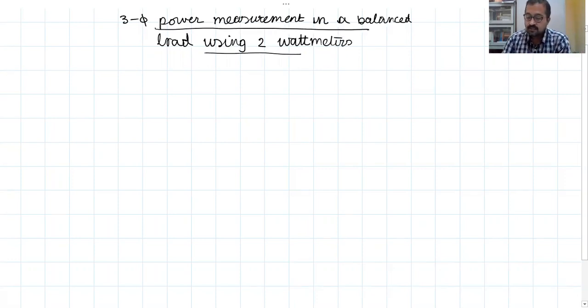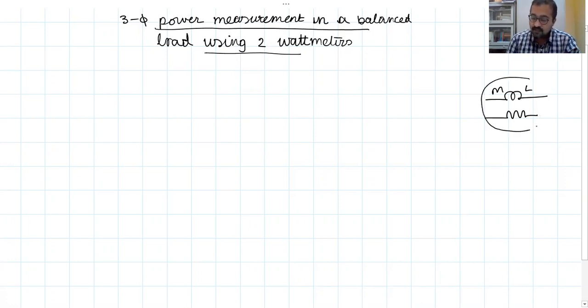Okay, what is a wattmeter? A wattmeter is an instrument to measure power in watts, the active power in watts. It basically consists of two coils. One is called the current coil, and the other one is called the voltage coil or pressure coil. The current coil of the wattmeter will be placed in series with the line, so that current can be read with the help of this current coil. And this voltage coil is kept between the two points where voltage is to be measured. So these are the two basic windings of a wattmeter.